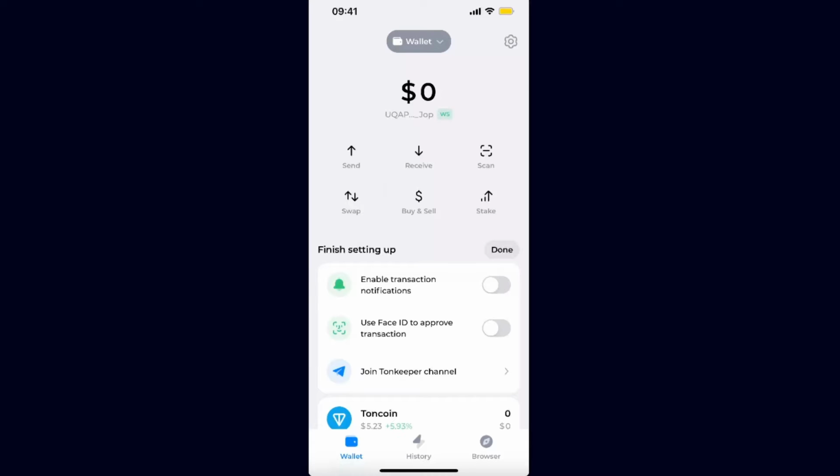Hello guys, in today's video I'm going to show you how you can transfer Notcoin from Tonkeeper wallet to the